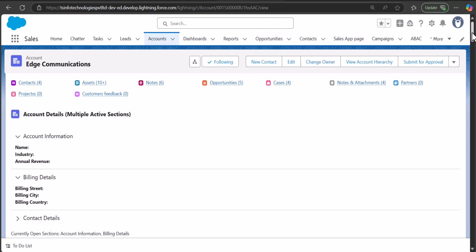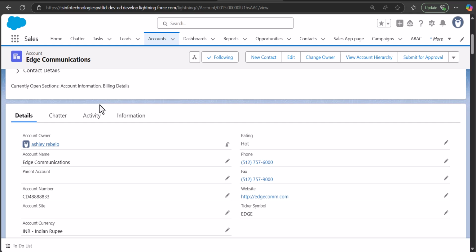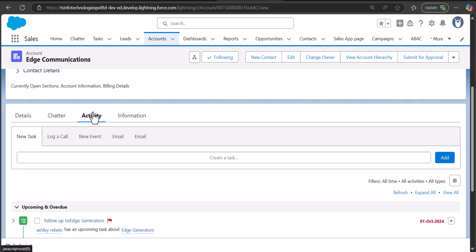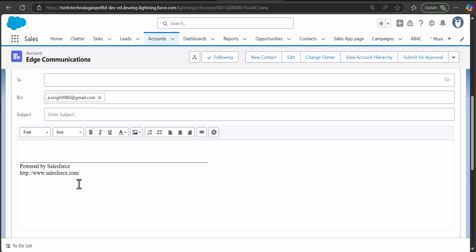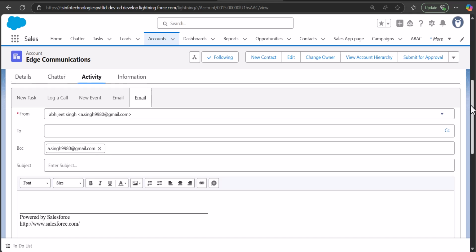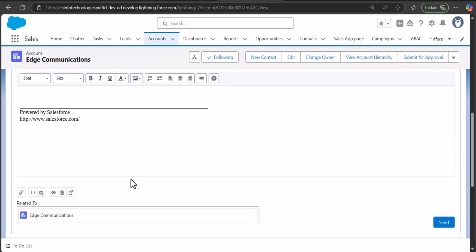So to send an email, we will go to the activities, and from here we will send an email to the account. And for the email, we are not going to use this email body. For this, we are going to select the email template that we have created. So to select the email template, you have to scroll down and then click on this icon, insert create or